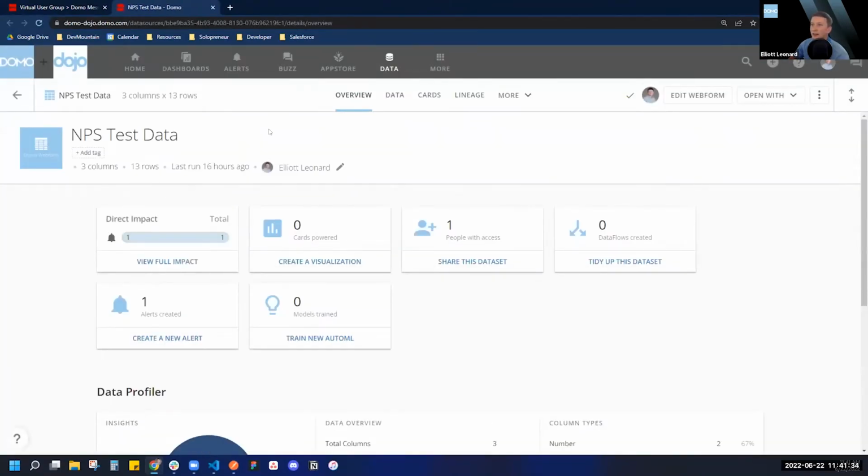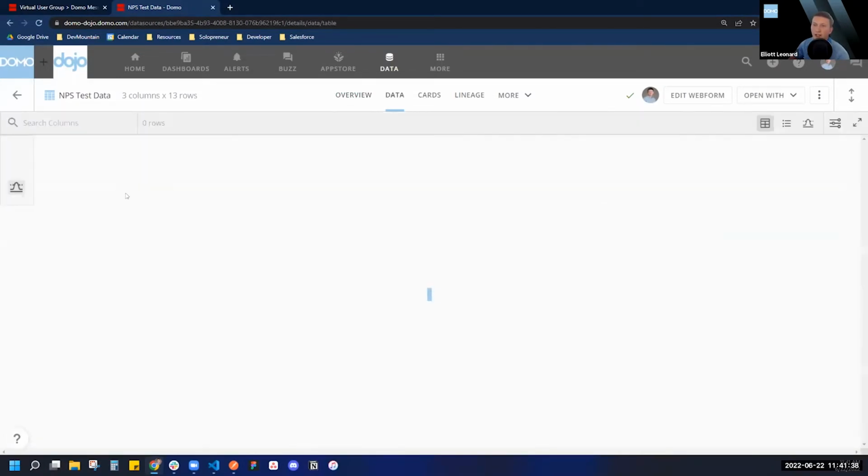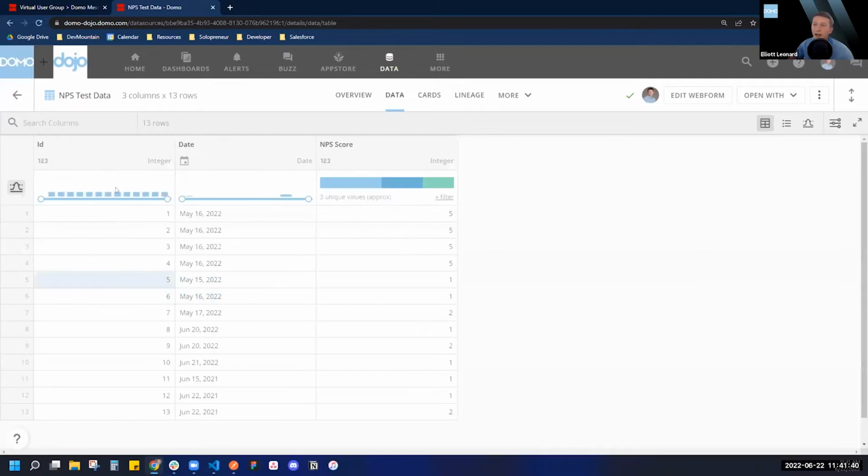And this is going to be an NPS example, right? So Net Promoter Score. If I look at this data set here, it's very simple. We just have some IDs, dates that an NPS score comes in, and then a score from 1 to 5, with 1 being a poor score and 5 being a high score. And we want to say that we'd love to write this out to our Slack instance anytime we have a very low score. And so the way we'll do this is we're going to come over here to our alerts